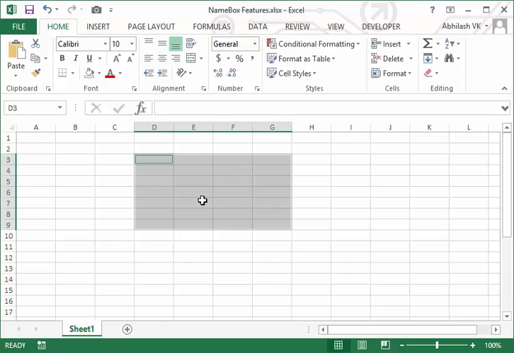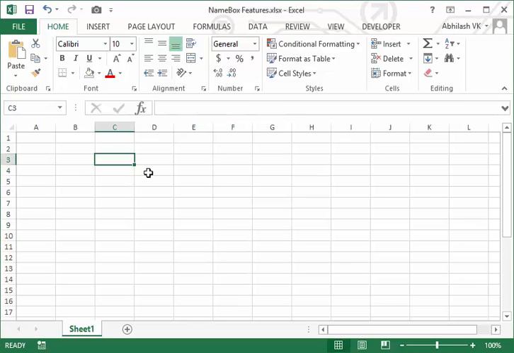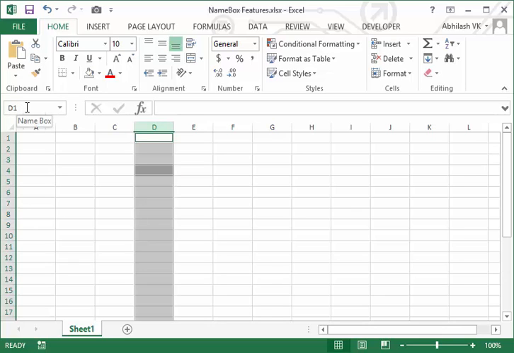Fine. So we'll see another tip now. The next tip is to select the active cell range. Say for example D4 is the active cell. To select this particular range, just mention D to D, hold the control button and hit enter. That's all. Boom, the whole column got selected, okay.